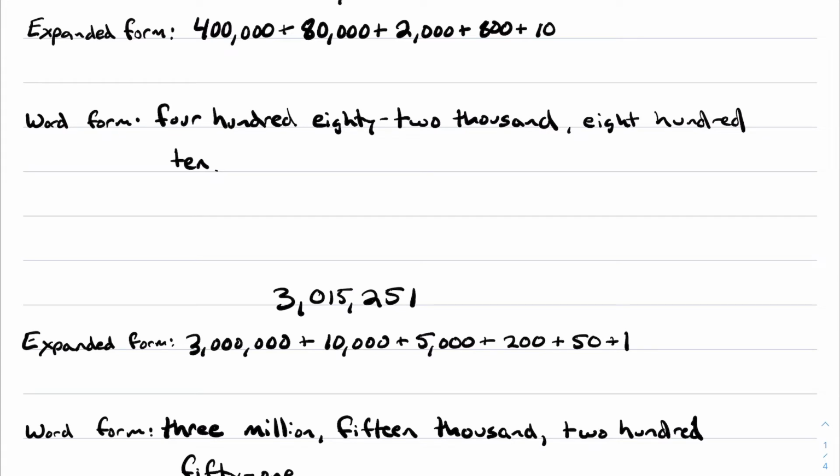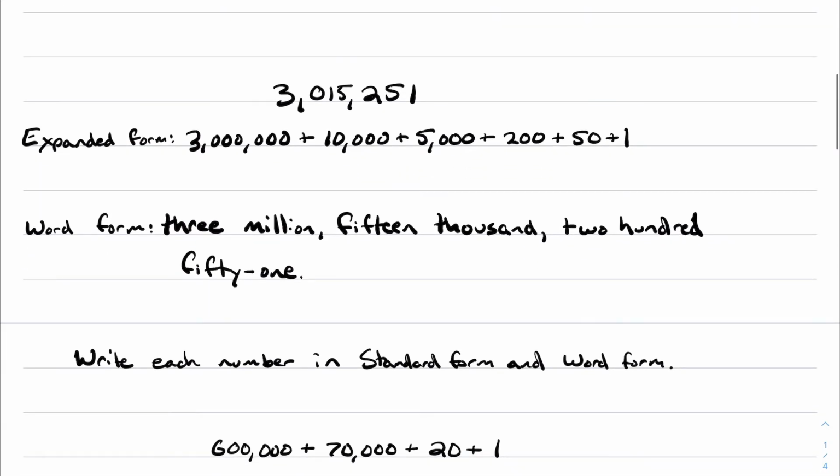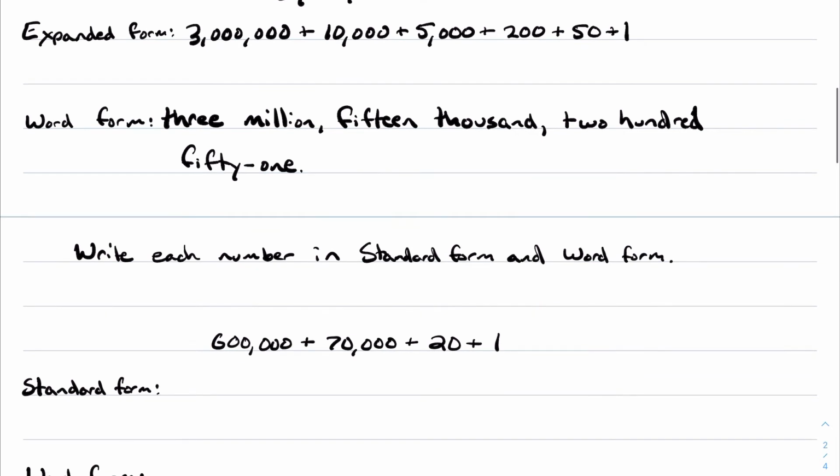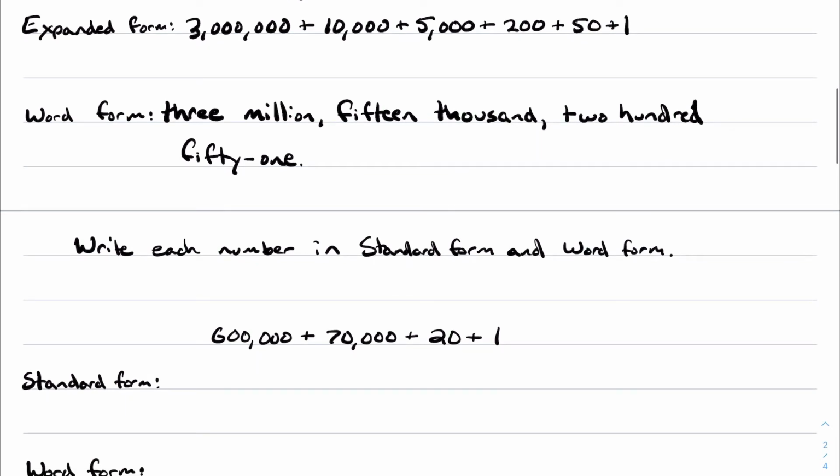Okay. So the next way we want to do when we're reading and writing numbers is to be able to go from expanded form to standard form and word form. So here I give you the number in expanded form. We have 600,000 plus 70,000 plus 20 plus 1. So we're going to take out those zeros to fill in